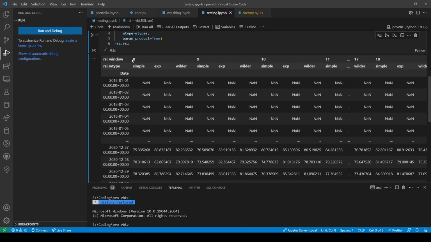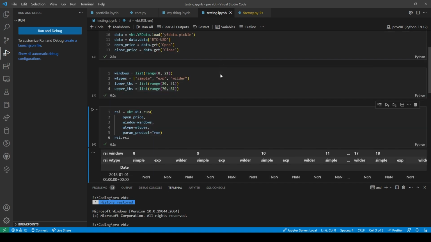Well, I don't need it to print out like this, but I just need it to do the 8 simple, 8x, 8 Wilder, 9 simple, 9x, 9 Wilder. And you could do that since it's RSI.run. You could do this if you had any other indicator that had like 5 different things. But thank God that this is taken care of. Now I have to figure out how to apply this same exact thing to stop losses and take profits and all sorts of other stuff.